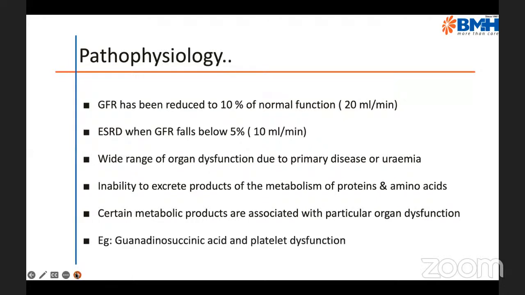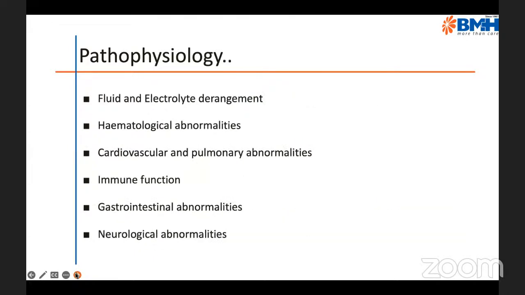It has been shown that certain metabolic products are associated with particular organ dysfunction. For example, guanidinosuccinic acid and platelet dysfunction. But that doesn't mean that the degree of platelet dysfunction correlates with the amount of guanidinosuccinic acid in the blood. Postgraduates, please note these points. You should be able to keep these headings. In the pathophysiology section, the patients will have fluid and electrolyte derangements, hematologic abnormalities, cardiovascular and pulmonary abnormalities,